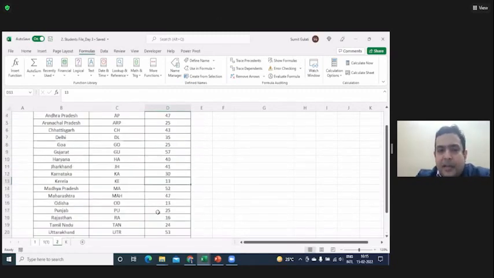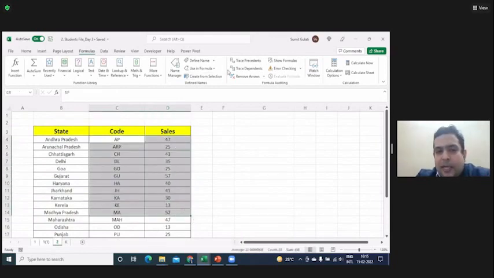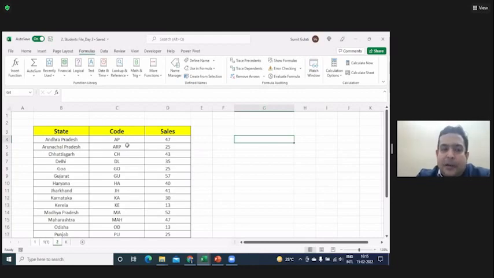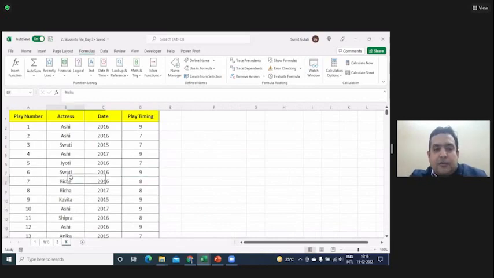So I said, let me name it. I name this cell from the left side as AP. So I can call it anywhere and say AP plus ARP will give me Andhra Pradesh plus Arunachal Pradesh sales, right? But the issue is if there are 10,000, after some time will we remember what code relates to what? No, sir. So that becomes useless. We have to use it in such situations. Here it is very useful. You have to use it according to the requirement and not just for using.